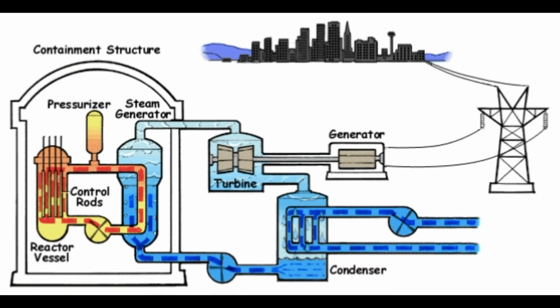The United States has two types of nuclear power plants. There are 65 pressurized water reactors and 34 boiling water reactors. Pressurized water reactors use high pressure to keep the water in the reactor from boiling. This allows it to heat to super high levels. The heat is then transferred through pipes to a separate container of water in the generator. It creates that steam that drives the electricity turbine, and the water from the reactor returns to be reheated. The steam from the turbine is then cooled in a condenser, and the resulting water is then sent back to